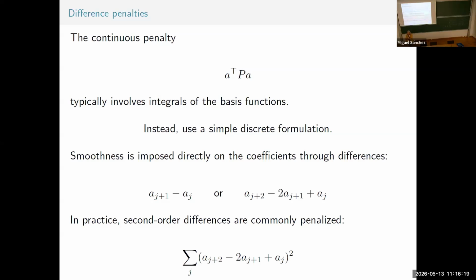Why do I talk about next to each other? Because you have a sequence of knots, you have a sequence of coefficients. If two coefficients that are next to each other are similar in magnitude, the function will change very little. If the difference in magnitude is very large, then the function will change a lot. So instead of working with the second derivative of the function, I'm working with the second order differences between coefficients. It's like a surrogate problem, but this is much faster to calculate.